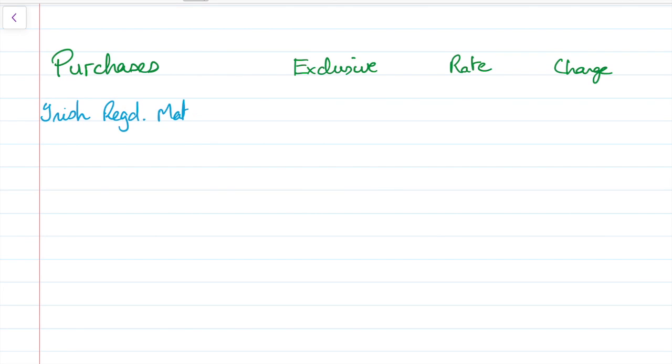We now move on to dealing with the purchases side of things. So again, we're going to look at the exclusive of VAT amounts, the rate that's applicable, and the charge to VAT that we will have had applied against us. So for suppliers of materials from Ireland, the amount that appears in the question exclusive is 128,000. That's 23%, so the charge is